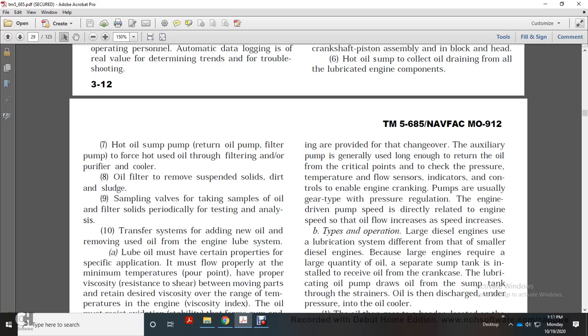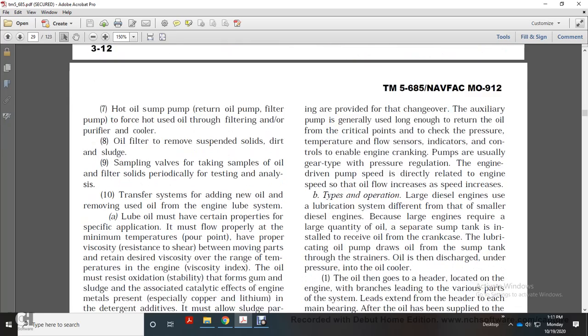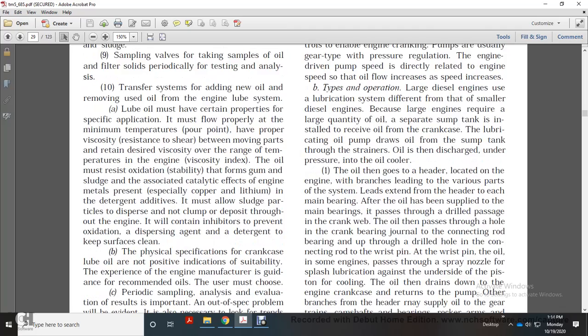A separate sub tank is installed to receive the oil from the crankcase. The lubricating oil pump draws the oil from the sub tank and discharges it under pressure into the oil cooler. The oil then goes into the header located over the engine, with branches